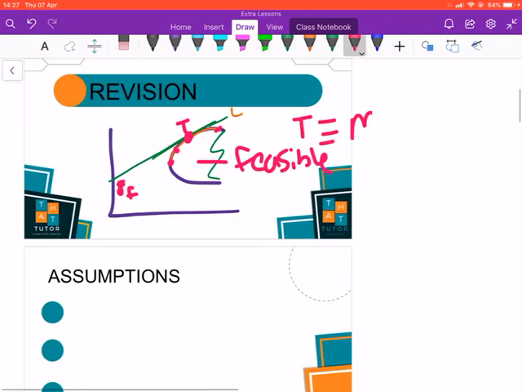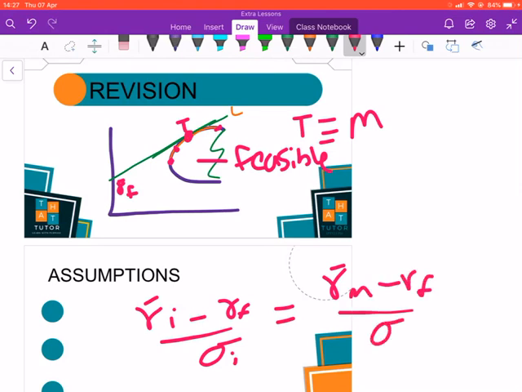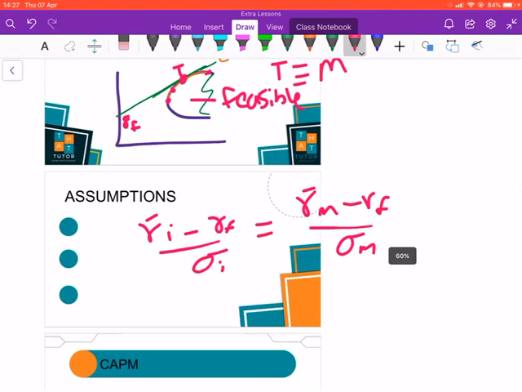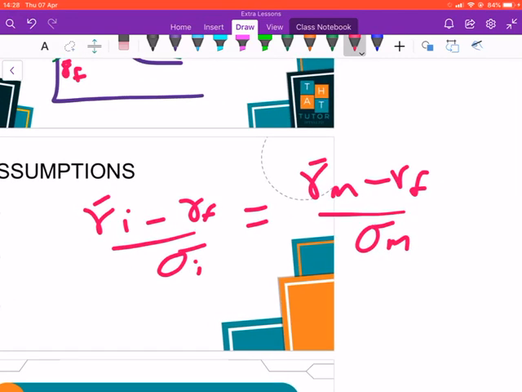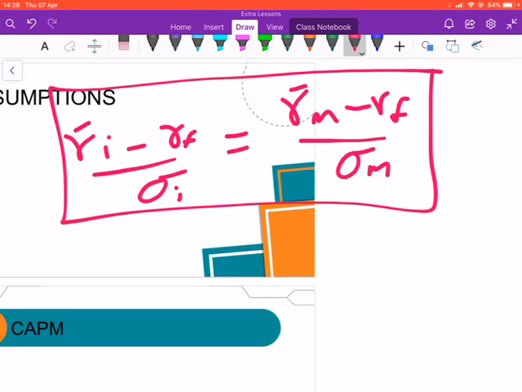So basically, in order to find any asset, you will use this equation. You know that this is going to be your risk-free asset over your risk of the asset. So in order to find the returns of an efficient asset, this is the equation you are going to use, right? You can write it like this: you will have RF plus sigma i times